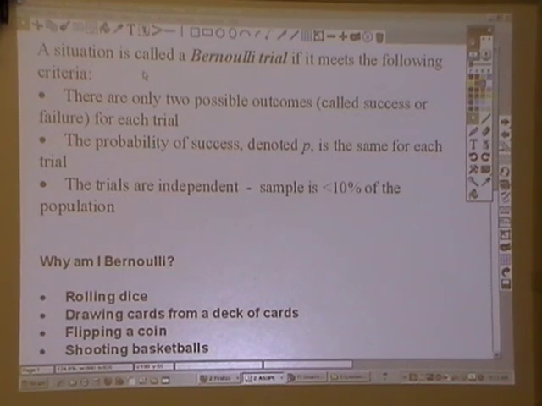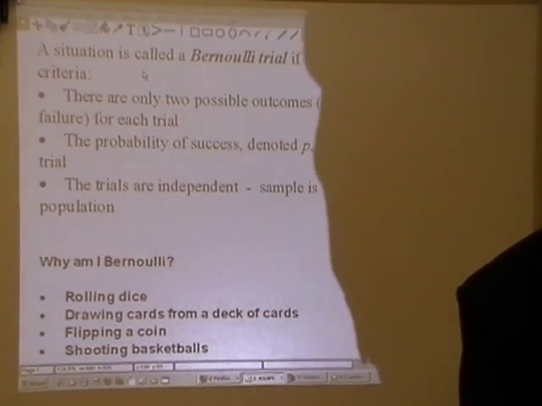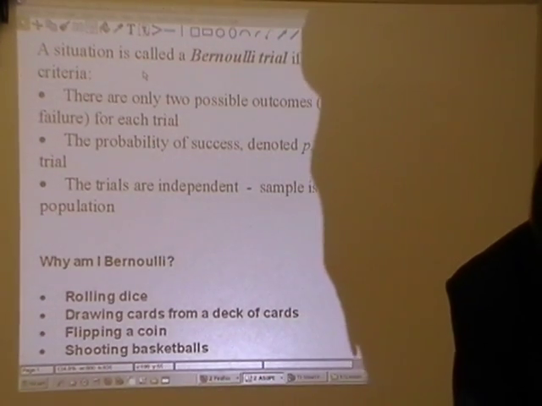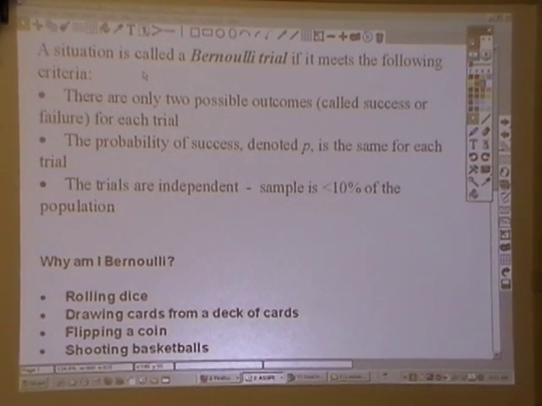Okay, here we are, Chapter 17. And Chapter 17 is probability distributions. And really what we're looking at, everything is based off,